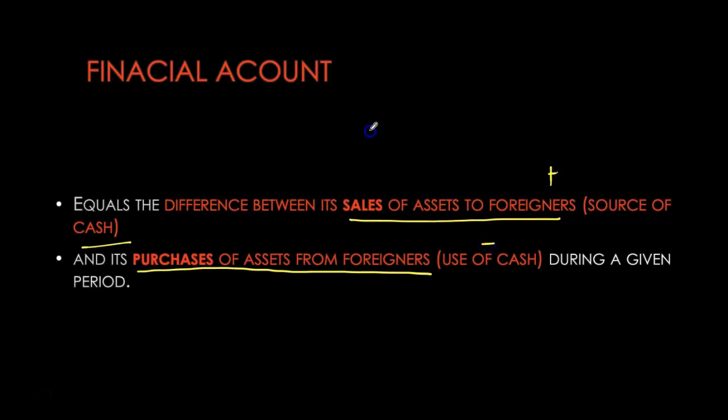So again, the financial account is looking at sources of cash minus uses of cash, but in terms of those transactions which are creating liabilities. These assets could be Government of Canada bonds bought by foreigners, corporate bonds issued by Canadian companies bought by foreigners, or Canadian stocks bought by foreigners. When we sell the asset, we immediately generate a cash inflow, but we have a liability that we have to pay off at some point in the future.